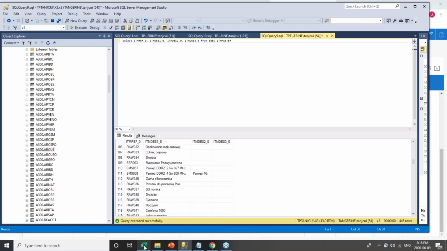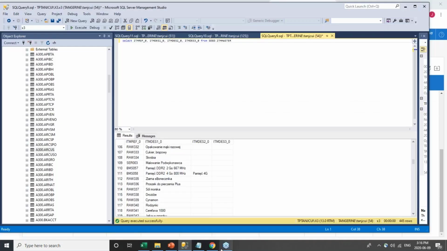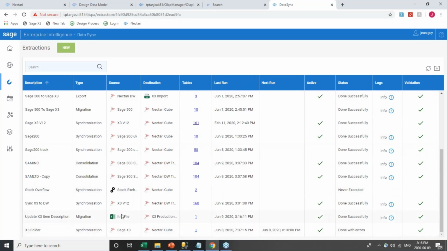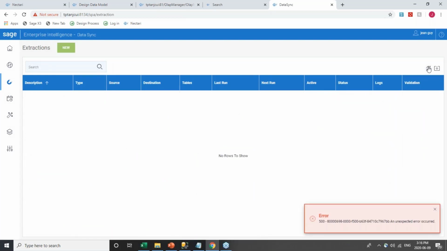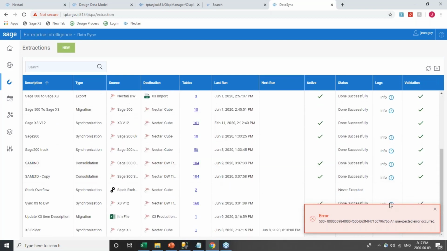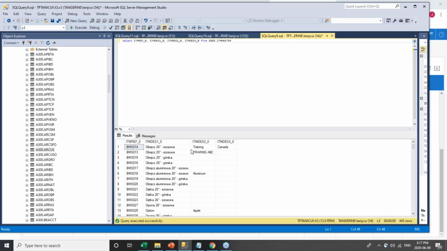And now if I look, for example, at the code that I updated, which is this one right here. So let me just save this information. And now let me just add a few extra things. So BMS 13, training, ABC, and click save. And if I go back to my synchronization again, and I say play, so my file is still open, but it's going to read that file. There we go. Sorry about that error right there. It is done successfully. So now if I do this and click refresh, I have my training ABC, my training